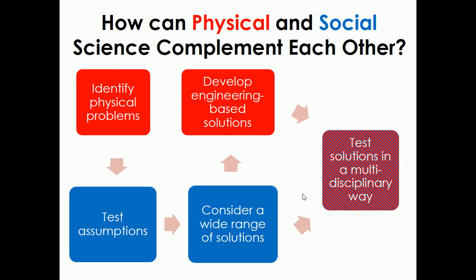You work with policymakers, you work with stakeholders, and say, all right, well, this is a problem, and what's causing this problem? Is it what we think it is? Is it something else? What are the different contributors to whatever this problem is? Once you've tested that you understand what is causing the problem, you then consider a wide range of solutions that might be physical, might be engineering based, or they might be something entirely different. There might be other ways that you can address these problems that are equally legitimate and equally